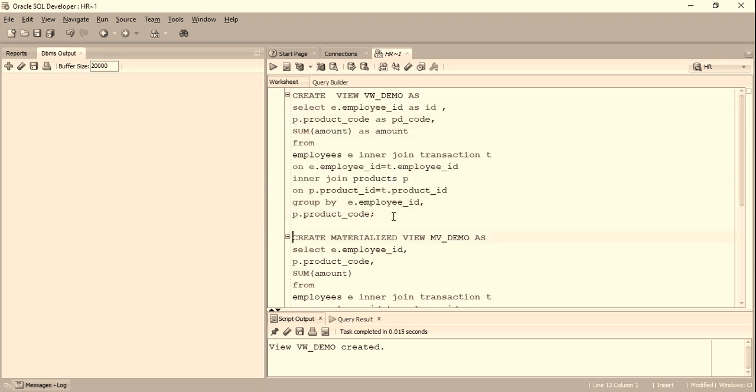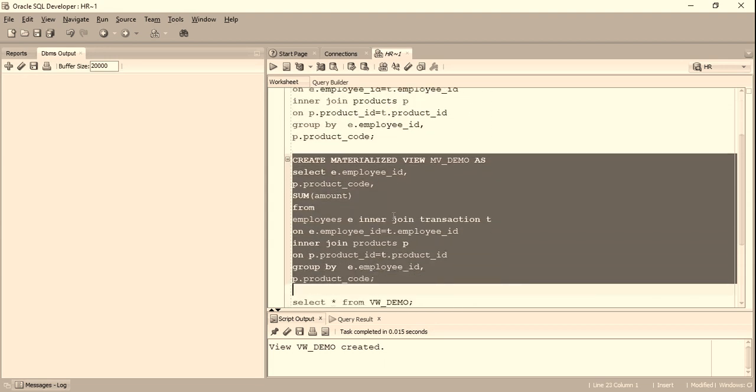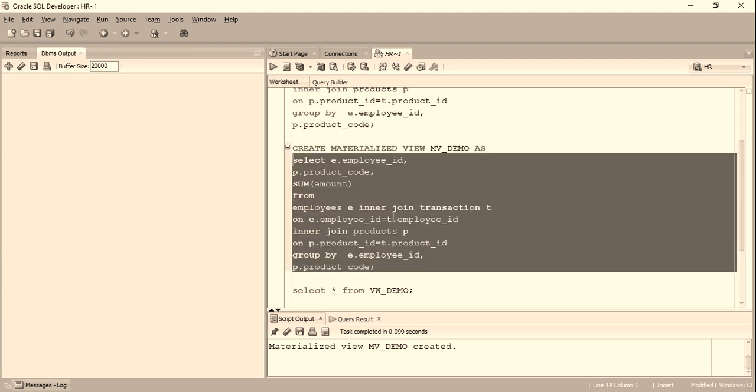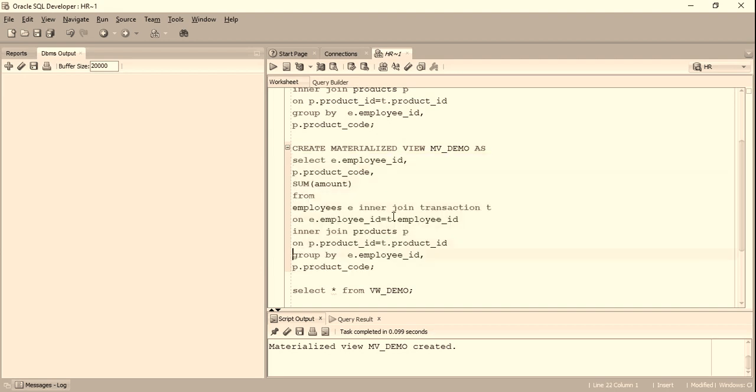Now let me go ahead and create my materialized view mv_demo. What I am claiming here is that once I have created this particular view, the output of this particular query has been stored on my physical disk, and next time when I try to query this particular materialized view mv_demo, instead of running this original query again, it's going to retrieve the data from disk from that particular location where it just stored the data. So let's just quickly see the data again.